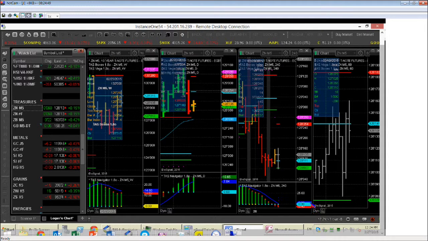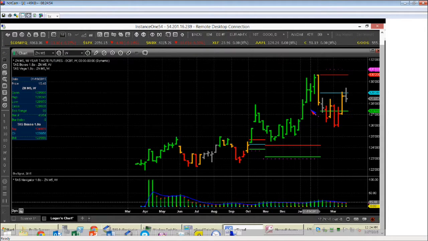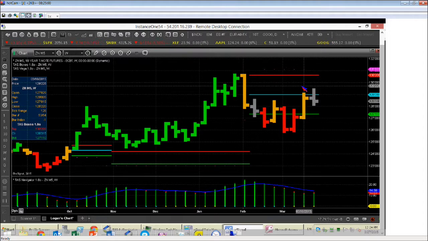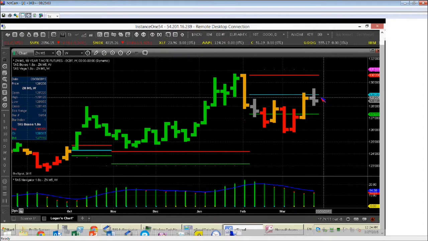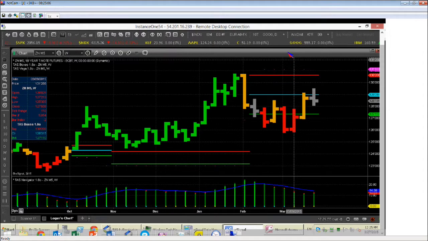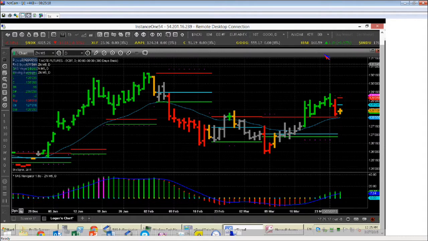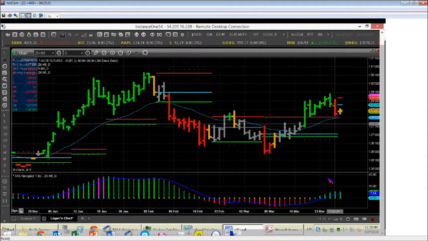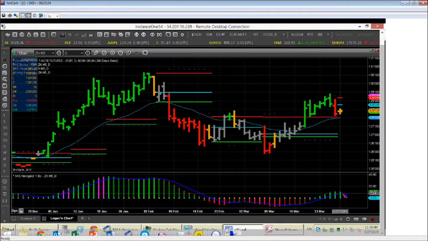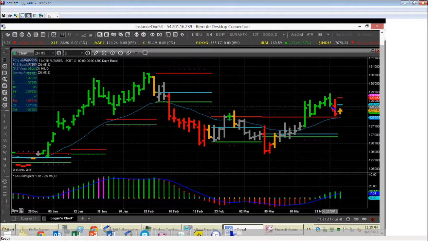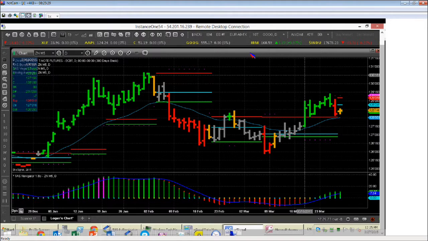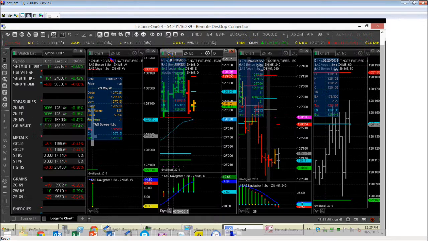And as we look at these, this is the 10-year. It's a June contract. You might look at this and say, hey, we're just cruising back up into the weekly balanced area, if you will. And what does that mean? How do I glean any information off of that? I see this as a pullback into support for this to possibly move higher. I'm basing that on the navigator down here. It's been getting green again, getting above zero, new profile edging a little bit higher, providing some new support. I don't mind taking a shot on something like this at this stage. So that's the take on the 10-year.